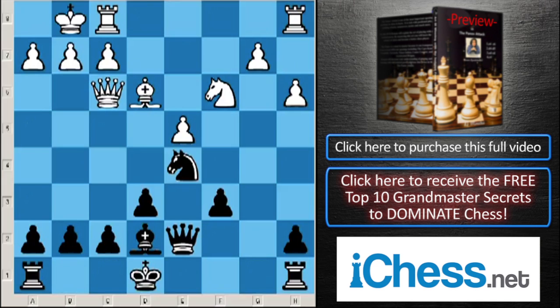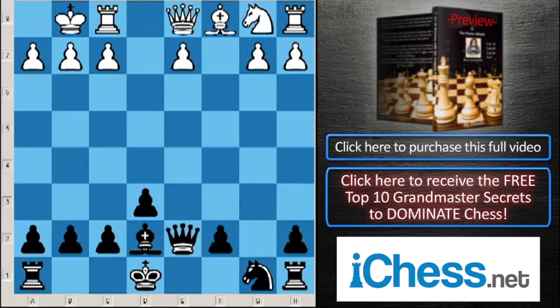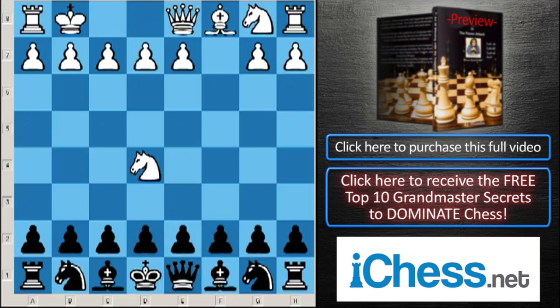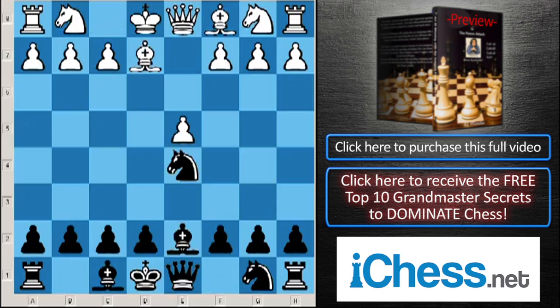But if white may try to interfere with these ideas, and I had this happen in my game, and well, black has to be a little careful the way they react and what they play here. Now e4 d5, exd5 knight f6, bishop b5 check, bishop d7, bishop e2, knight takes d5, d4, knight, bishop f5